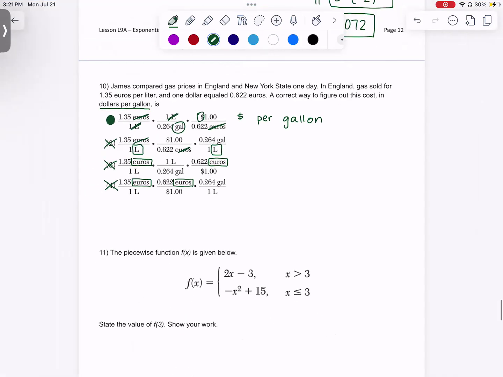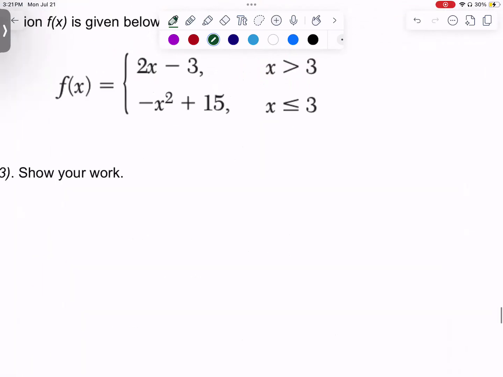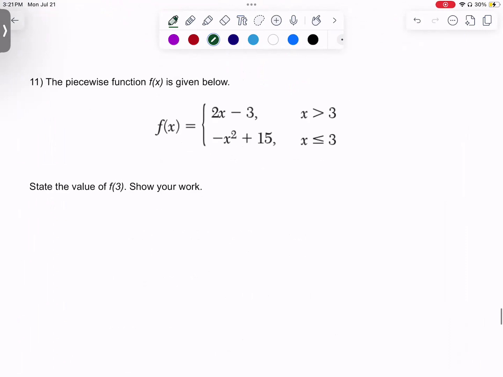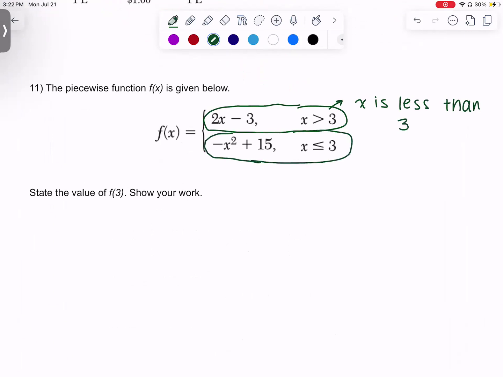Number 10, I love this question. Here's a piecewise function. What is the value of f of 3? When you have a piecewise function, remember there's more than one piece that defines this function, and they have restrictions on them based on the x value. Here, the first piece, if you want to circle it, is used when x is less than 3. The second piece, you can circle it also, is used when x is greater than or equal to